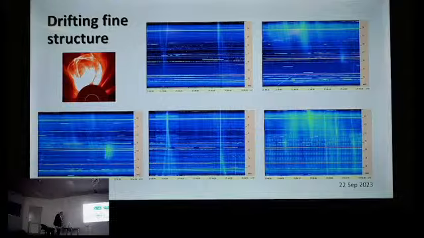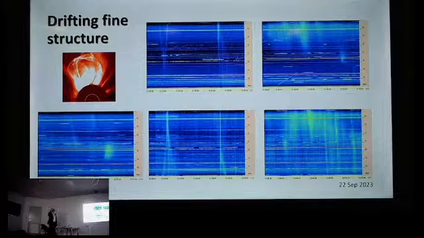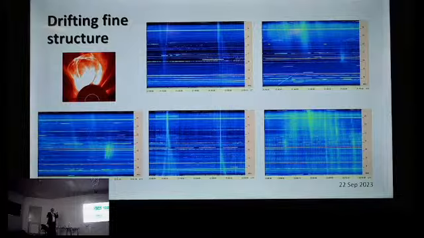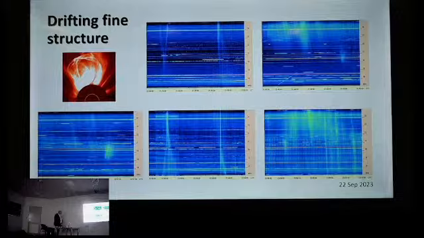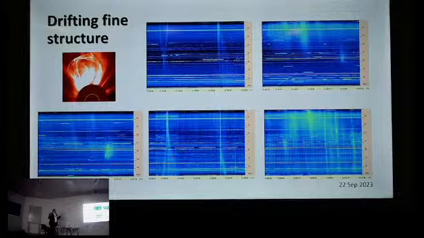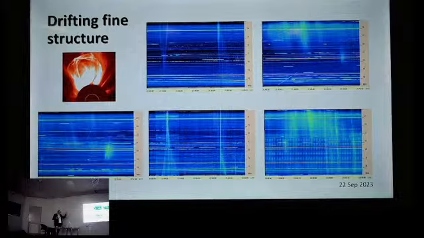Some are actually starting at low frequencies and going up, and that's because they must be going back towards the sun. So with these sort of drifting patterns, you can tell something about the motion of the plasma. And this one here is quite fascinating because it's actually got an envelope around it. So it's a bunch of plasma that's both moving back towards the sun and away from the sun, probably in